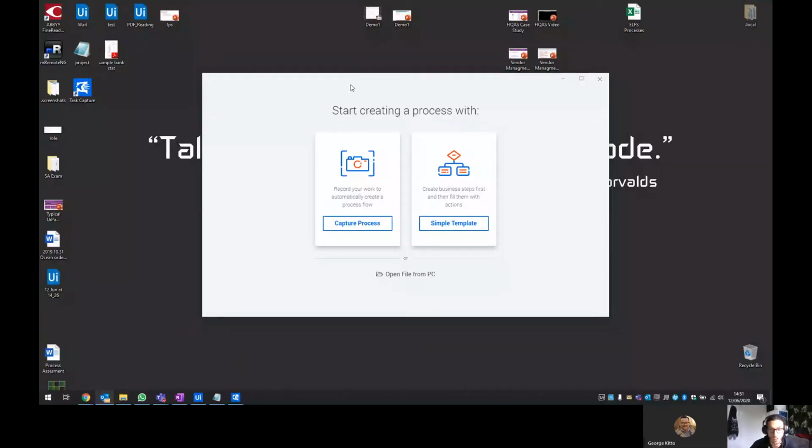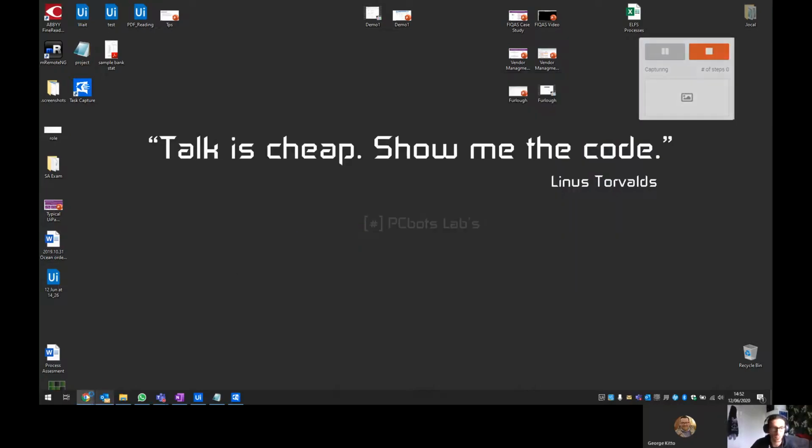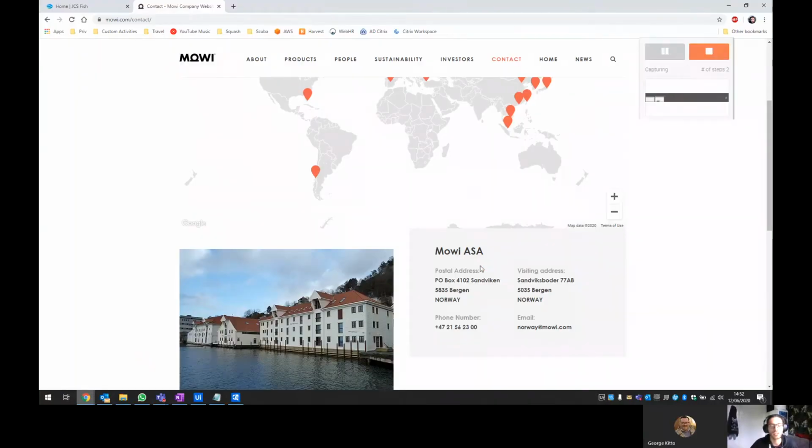Cool. Right. So when you open Task Capture, you are given two options. You can either start with a simple template and then start creating your workflow, or you can capture the process, which actually captures your steps in real life, which is what we will do now. If we start capturing the process, we basically start clicking and showing the robot what